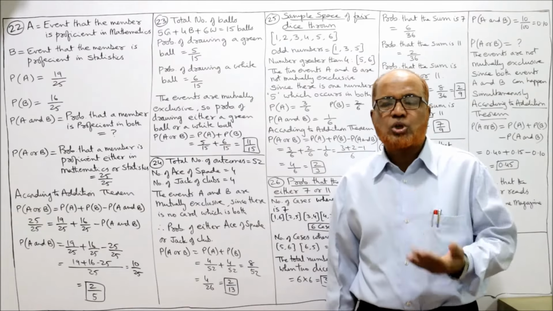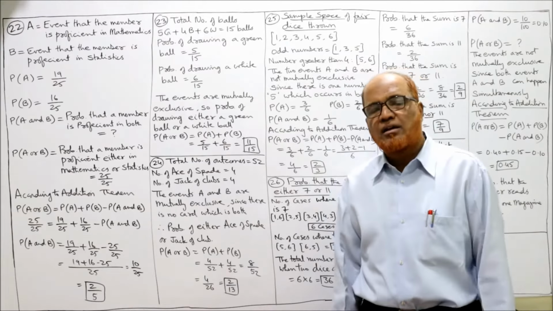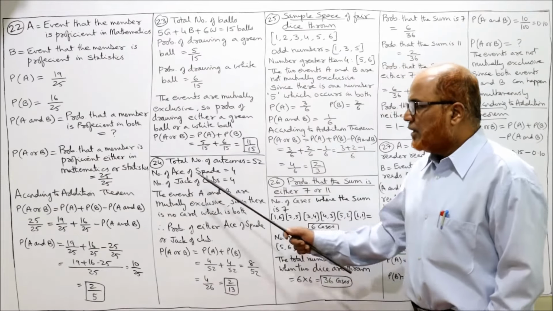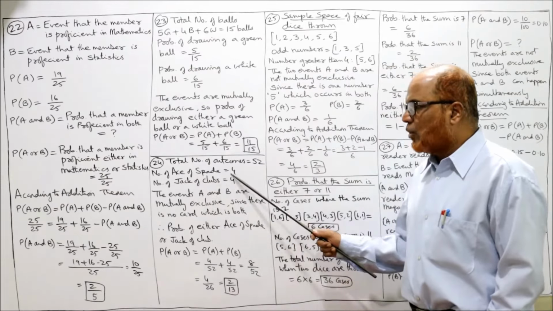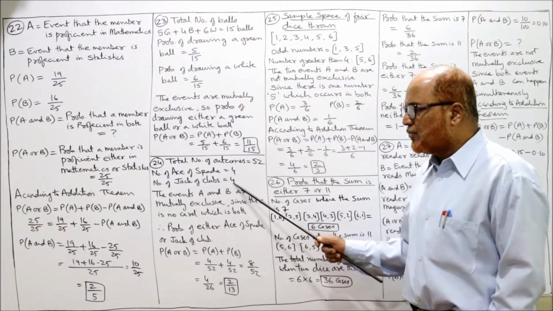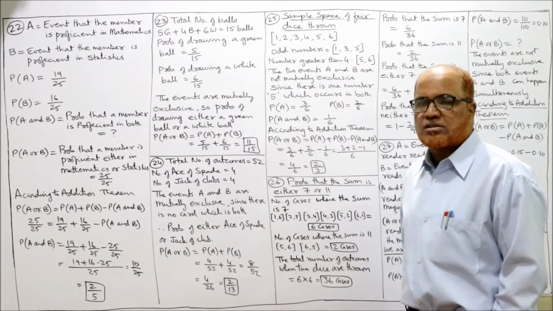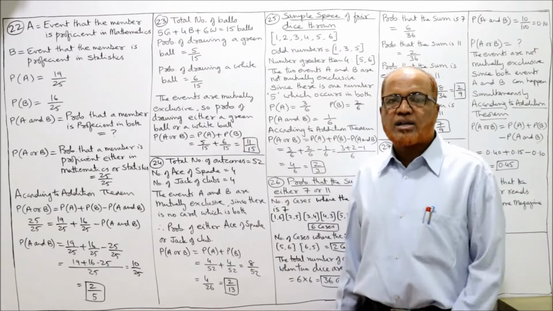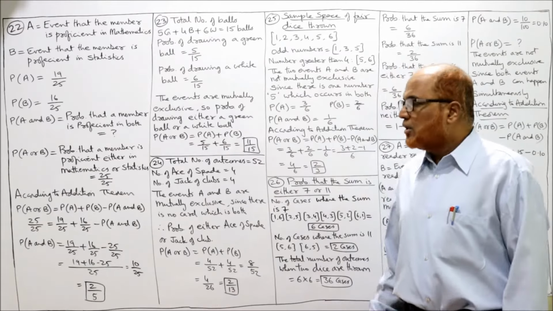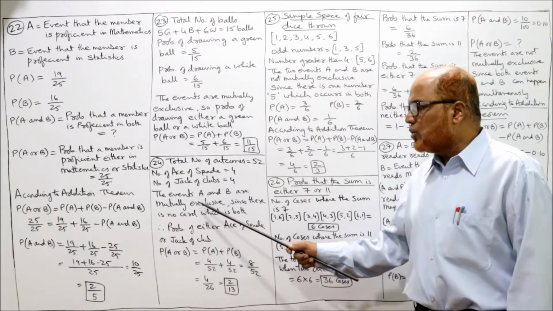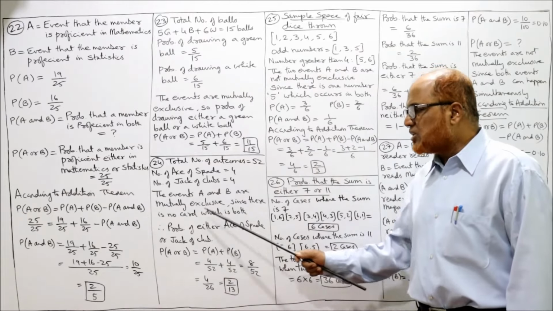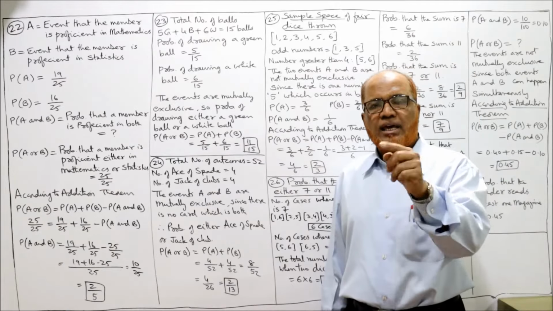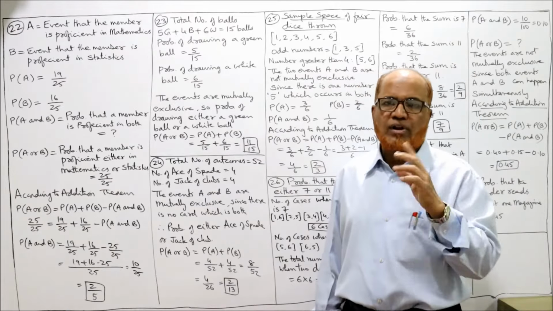So we must know how many ace of spades are there and how many jack of clubs are there in the pack. Now number of ace of spade 4, number of jack of clubs 4 in the whole pack of 52 cards. 52 cards में 4 ace of spade रहती है और 4 jack of clubs होती है. So the events A and B are mutually exclusive. Since there is no card which is both. कोई भी एक कार्ड ऐसा नहीं होता जो ace of spade भी है और jack of club भी है.